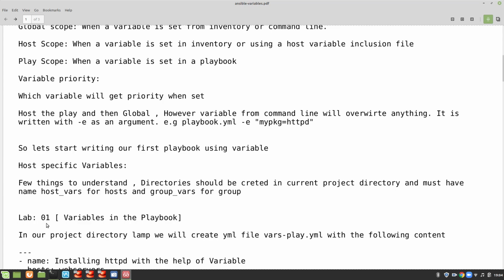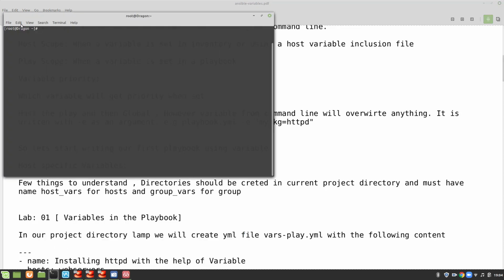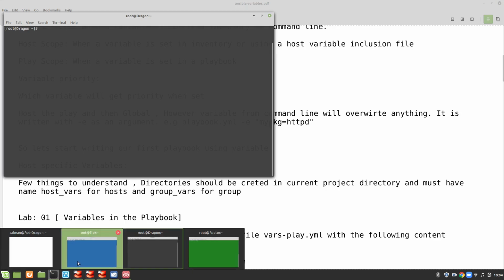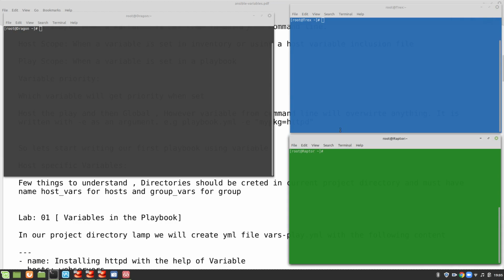So in our first lab, we are going to take a look at host specific variables. So as always, we are going to use our 3 machines, like as mostly. One is Dragon. Today I have colored them actually. One is T-Rex and one is Raptor. So this will help you understand actually how the system works. So simply put, we need to first